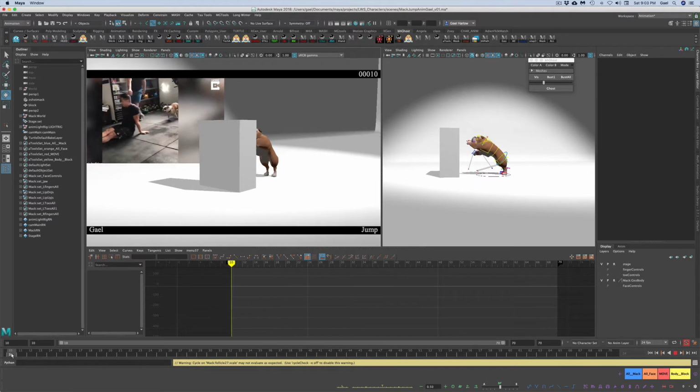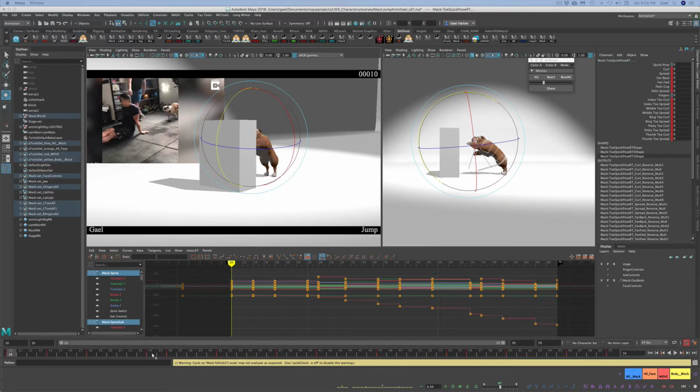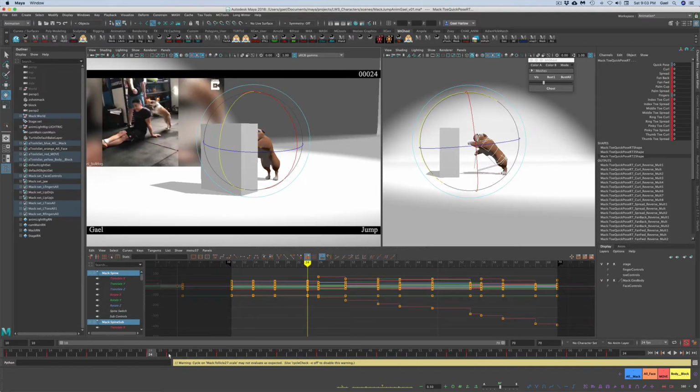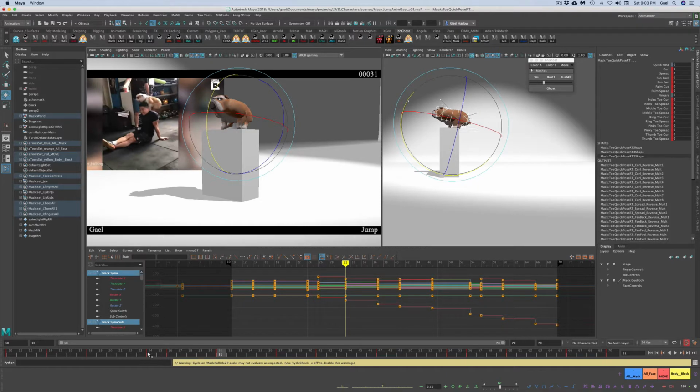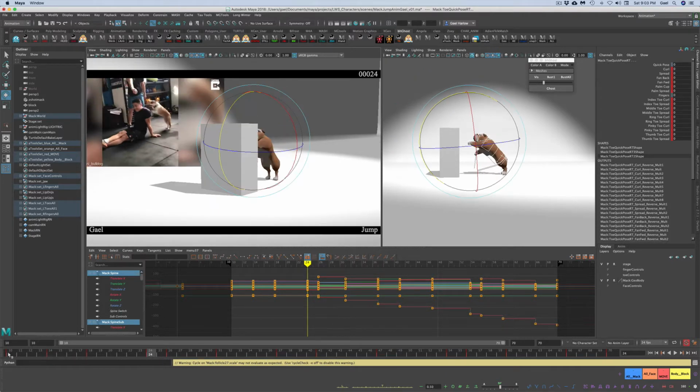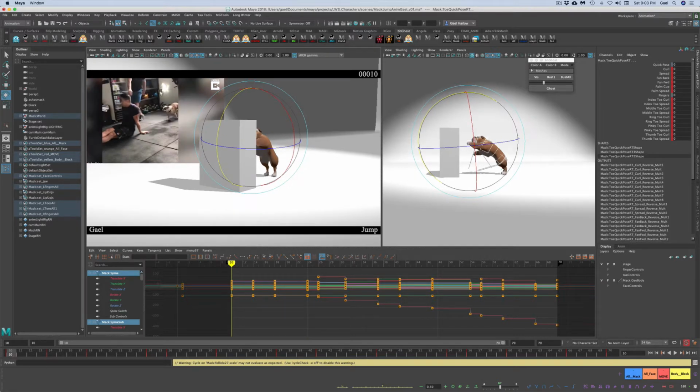So if you remember, I had gone through and determined where I wanted to have my keys. So I've pretty much got everything from frame 24 on, but I need to do frame 10, 14, and 18. So let's back up to frame 10. And I'm going to